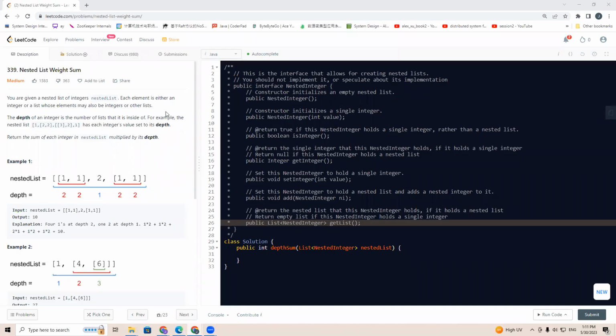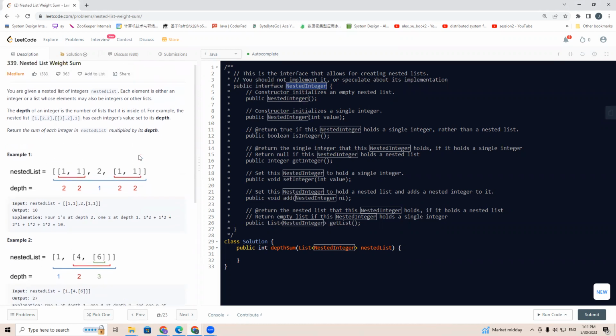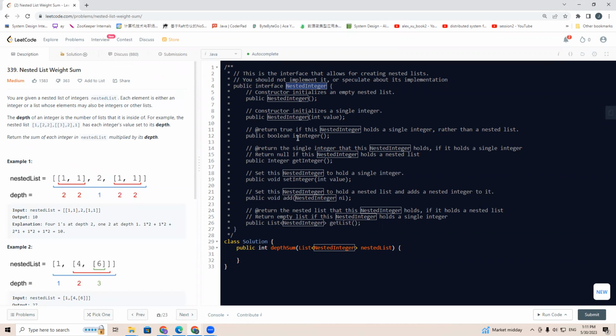Let's go to LeetCode 339, List Weight Sum. For this question, it gives us an interface called NestedInteger. And for this kind of interface, it has